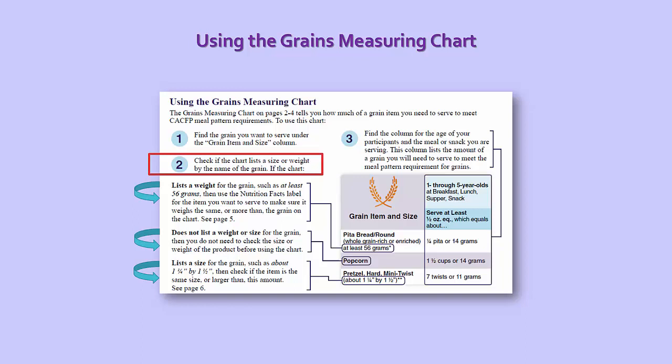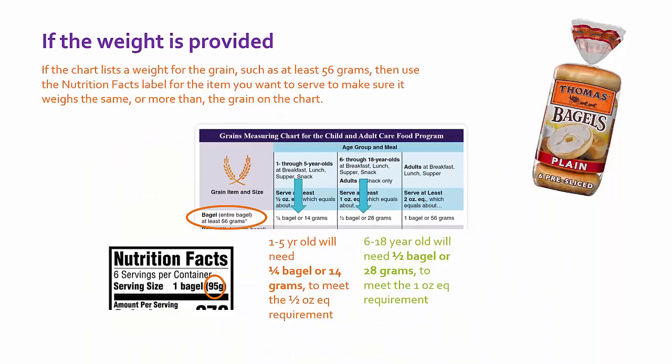We have scenario 1 where it does list the weight, where it does not list the weight or a size, and also what you need to do if it lists the size. So let's go ahead and do an example for each. So if the weight is provided, if the chart lists a weight for the grain, such as at least 56 grams, then use the nutrition facts label for the item you want to serve to make sure it weighs the same or more than the grain